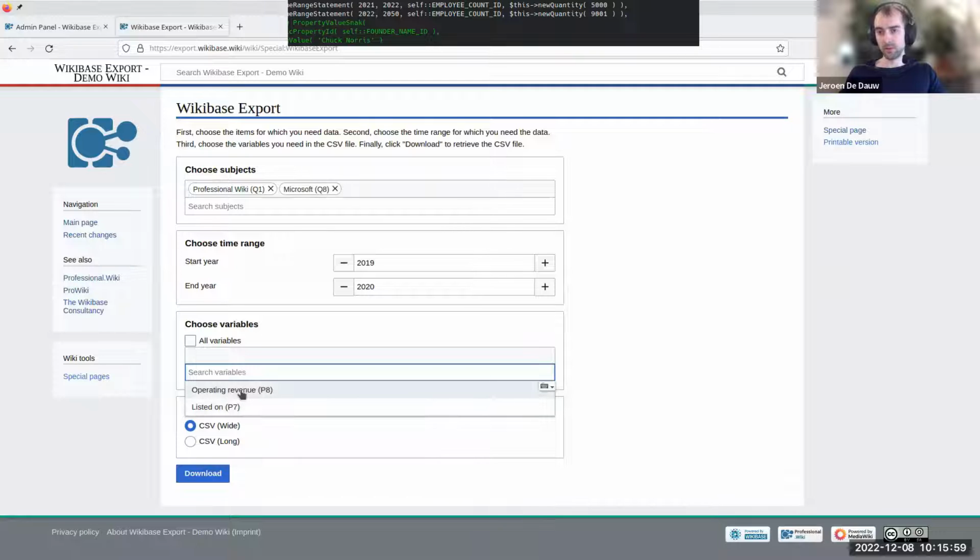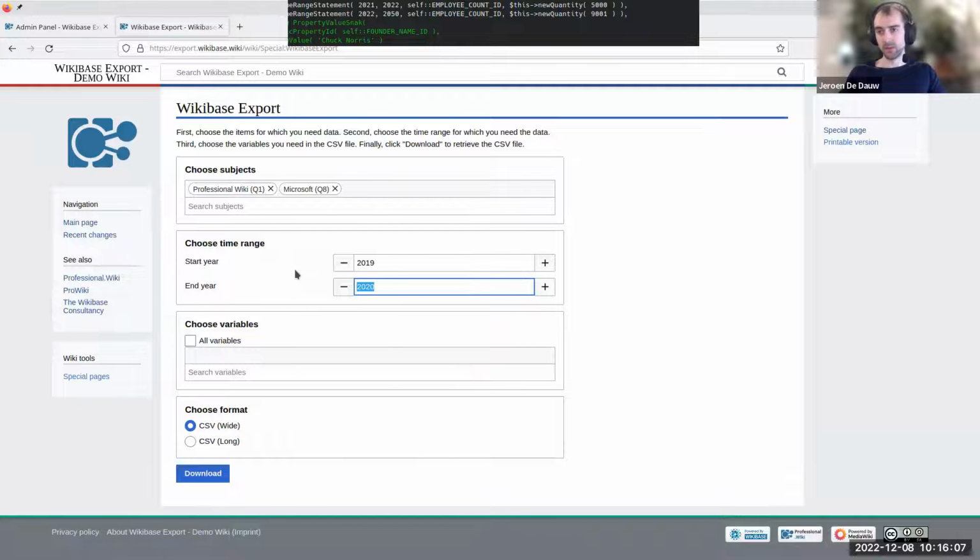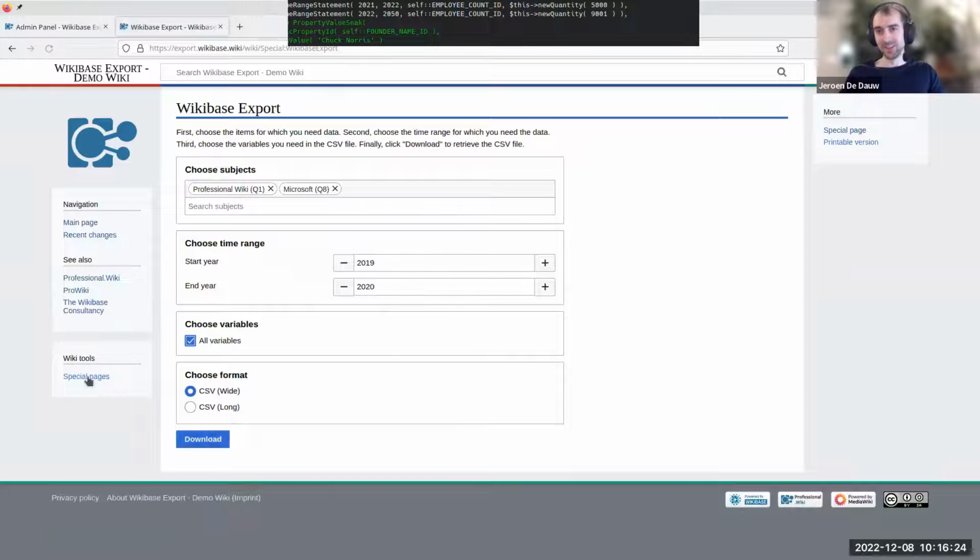And what all means here is actually something that's coming from the configuration. So you can configure which things are selected by default and which are the options here. The same goes for the default start year and end year, and for the things that are automatically selected when you load the form for the subjects. And once you did all of that, then you can, well, I should probably include something here. Click download, and